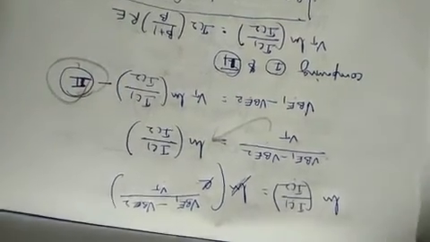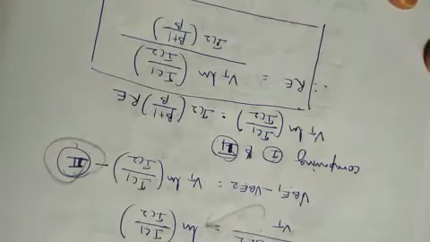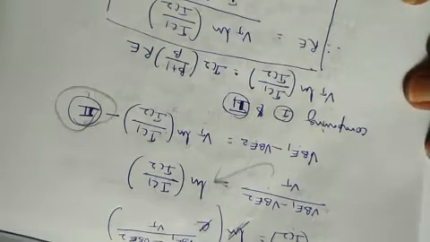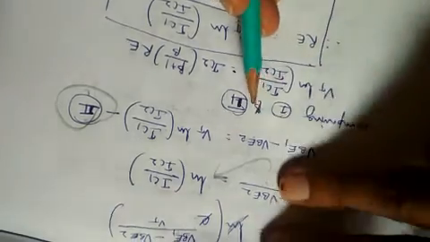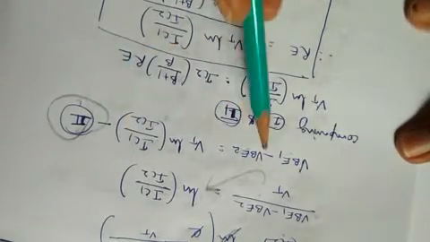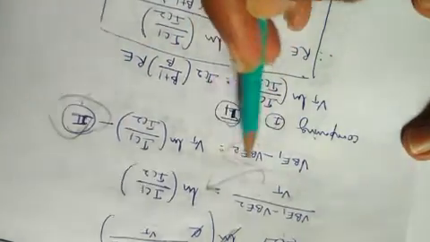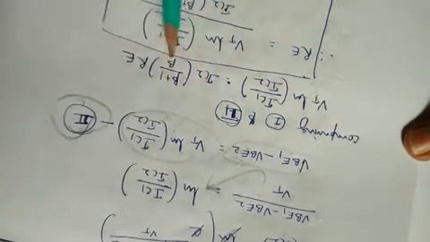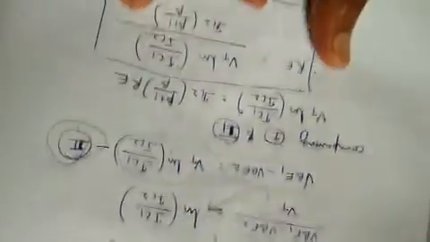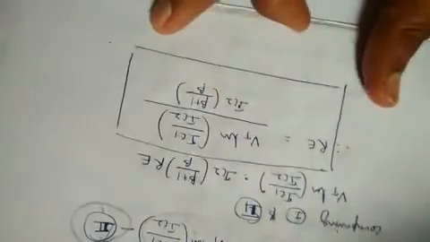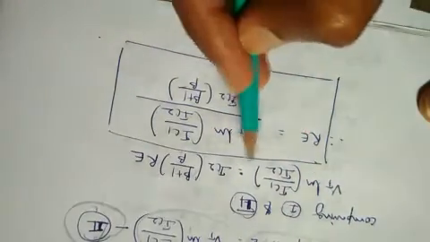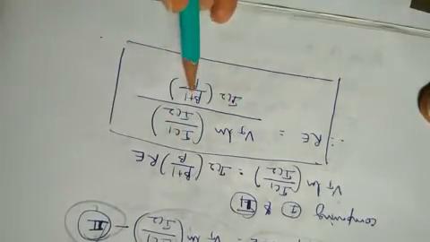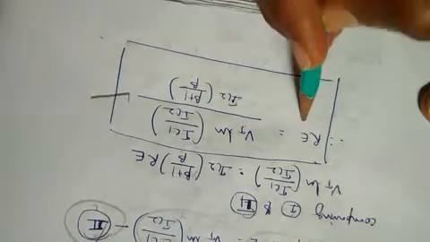We already have derived equation Roman letter 1, that is VB1 minus VB2 equals IC2 into beta plus 1 by beta into Re. After comparing Roman letter 1 and 2, the left hand sides of both equations are the same, so you can equate the right hand sides. So Vt into ln IC1 by IC2 equals IC2 into beta plus 1 by beta into Re. From this we can find Re. Keeping Re on one side, the expression becomes Vt into ln of IC1 by IC2, whole divided by IC2 into beta plus 1 by beta. By using this expression, Re can be found.